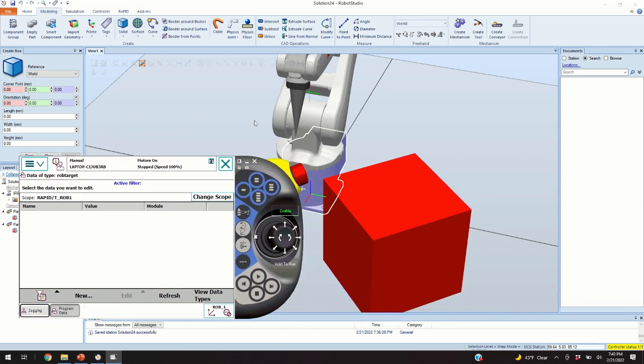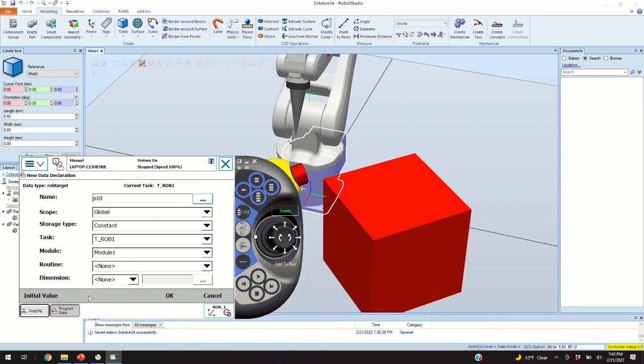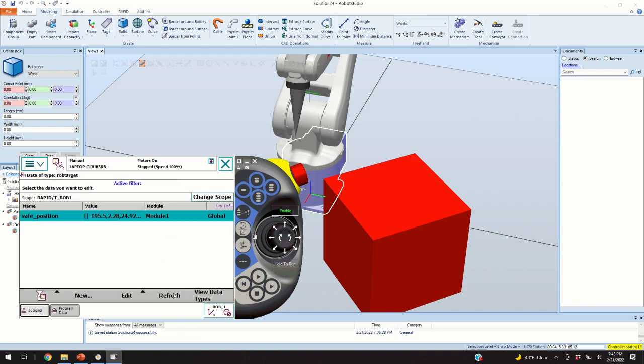So let us define our points. Let us first define the safe point. I'll click on New. I'll call this safe position. And I will just leave the other parameters at their default values. So the scope should be global, the storage type should be constant, task T_ROB1, and I will click on OK. So what happens right now? I have recorded this position. Okay, but here you should be very careful,